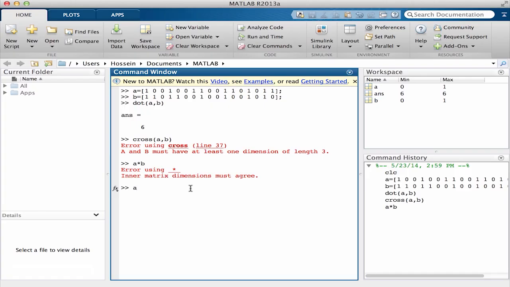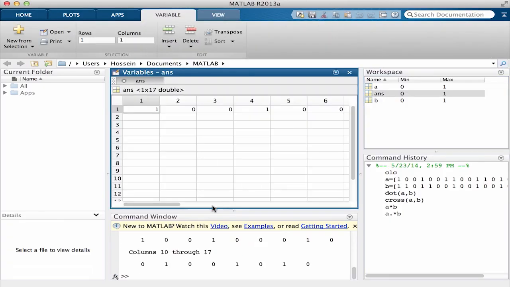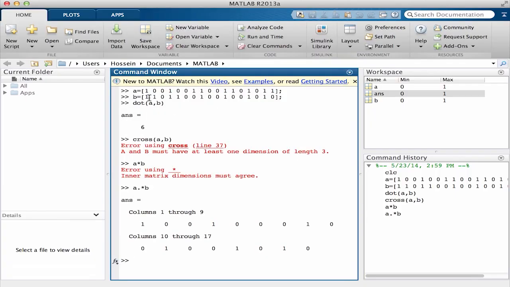Let's try to write it this way. So I type A dot star B. Okay, so I calculate this one. Now look what happens. If I hit enter, a new vector is created, and it's lengthy. Let me bring it here. Okay, so the first elements are 1, 0, 1, 0, 1, 0, and so on. And if you come here, you will notice that the first element of A and B, if you multiply, is going to be 1 here. The second element, because one of them is 0, the result is going to be 0. The third one, the same. If you follow the pattern, you will notice that